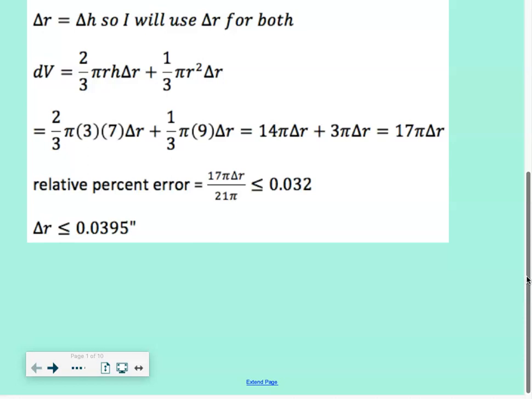Yes, Lily. Okay, so I don't know if this is nitpicky or not, but in this problem you use delta R, and I noticed we've been using like dR. I just didn't know if they're interchangeable. For all of these, your change in your input should be exact. So delta R and dR for your input should be the same,